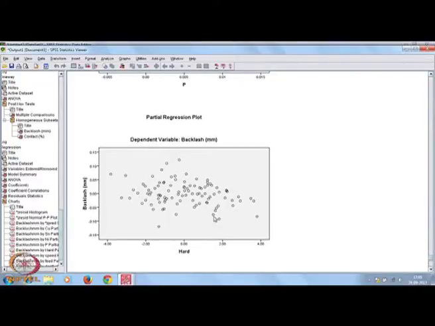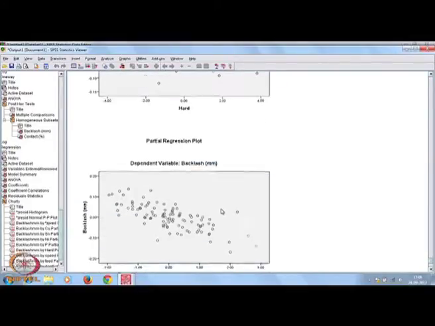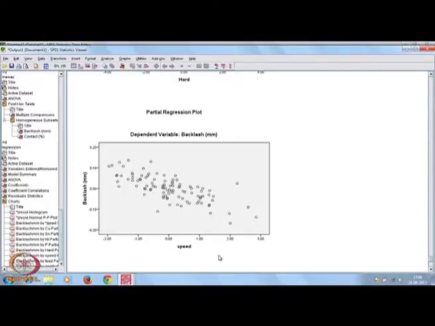You have seen that hardness is negatively contributing. You see that in this partial plot, all the residual values, what is happening? One straight line can be framed here this way. Now, we have seen that speed also has significance, an influencing variable.